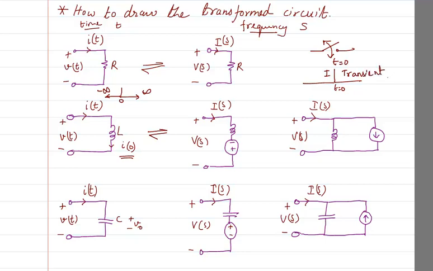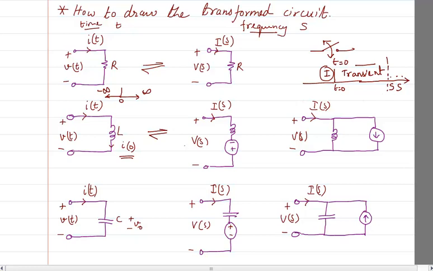Why do we call it a transient? Because the change is happening. After a considerable amount of time, the transient stage is over and what we have is called the steady state. That means the circuit is having a steady value. So the initial condition is just before t equal to 0. The transient state is just after t equal to 0. And the steady state is where the transient stage is over.